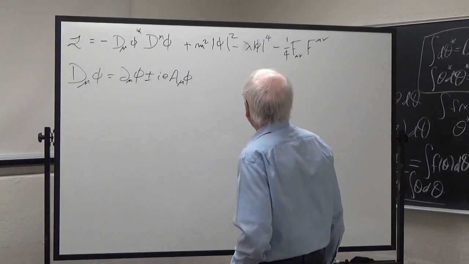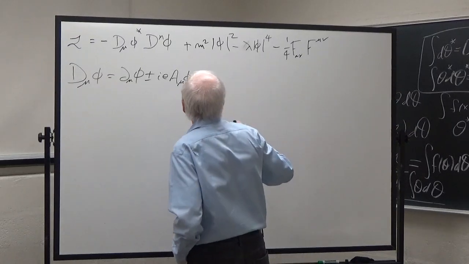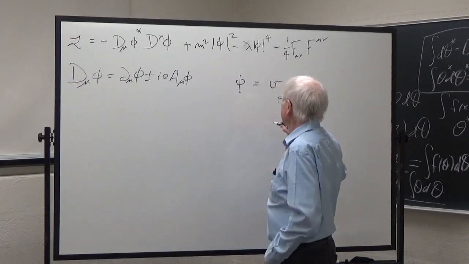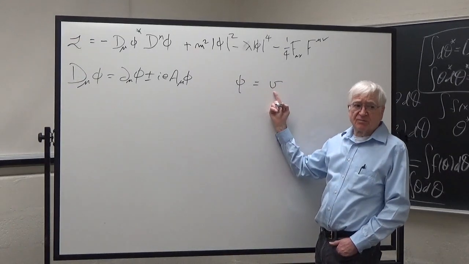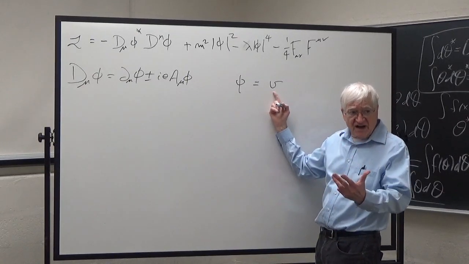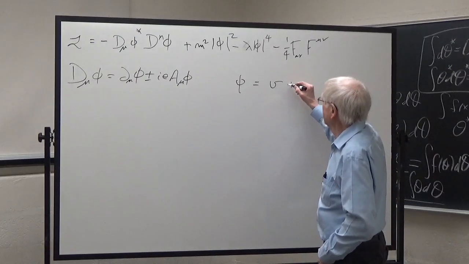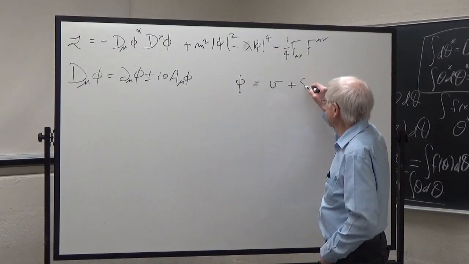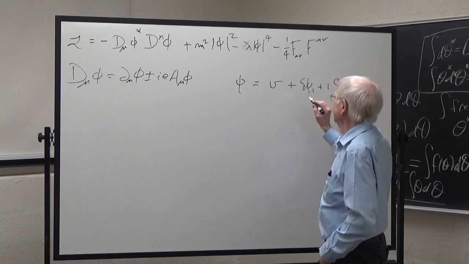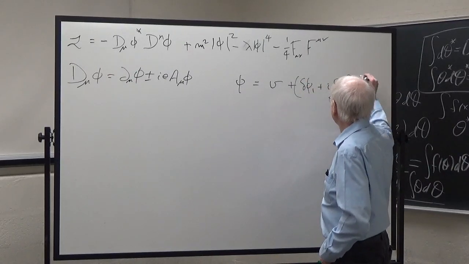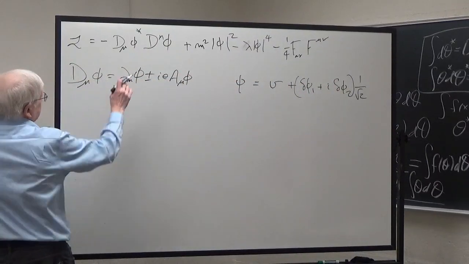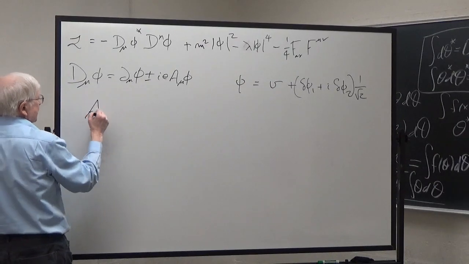Okay, so what happens here, you see, is that once again, phi is going to have some value. It's going to be some v, which is the asymmetrical minimum selected from a symmetrical set of asymmetrical minima of the phi vacuum. And then we'll say that it is v plus delta phi 1 plus i delta phi 2. And in fact, this might have a 1 over root 2 here. And so then if you look in here, you're going to see that there's going to be a term like this